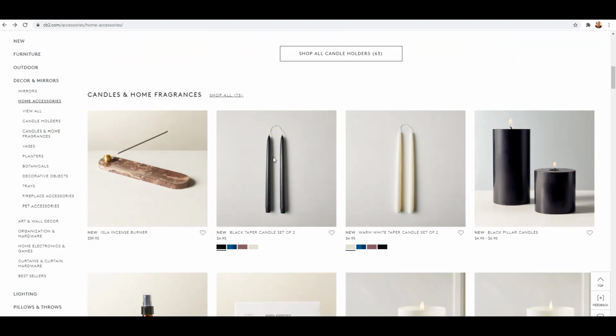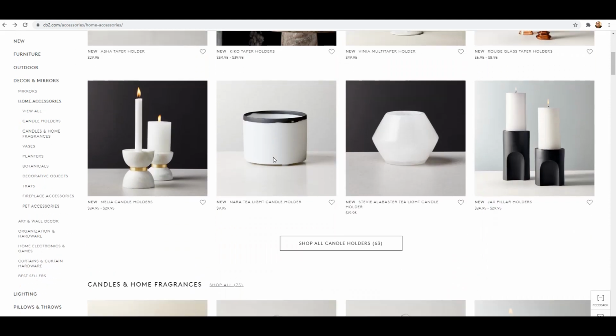I was going to try to get some bookends, but